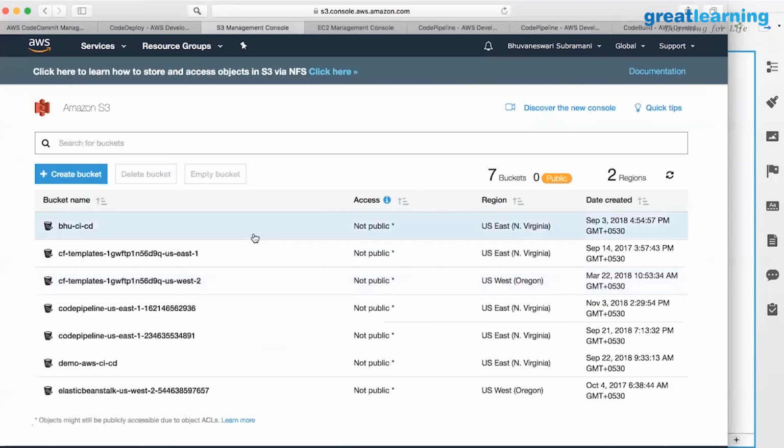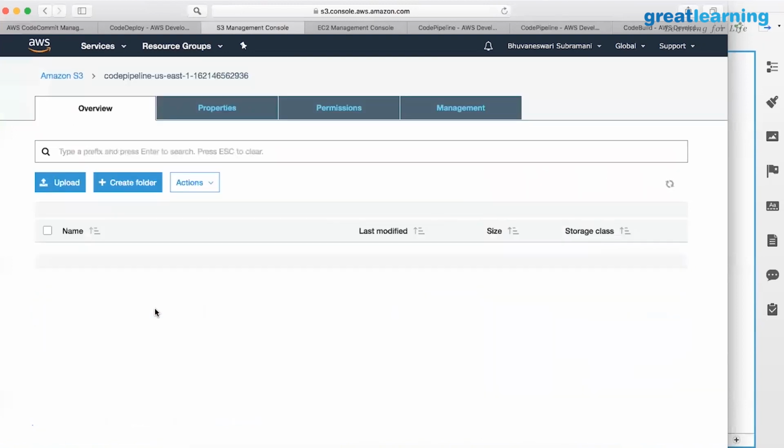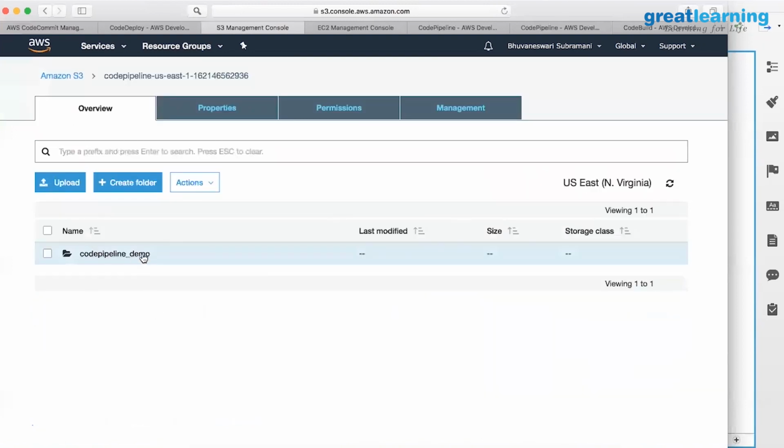Now we were talking about one other S3 bucket, where in CodePipeline the artifacts are passed from one stage to another, right? That is here, codepipeline. It starts with codepipeline and the region name and some internal representation. Okay, I go there. So this is the project name, the CodePipeline project name I have given.